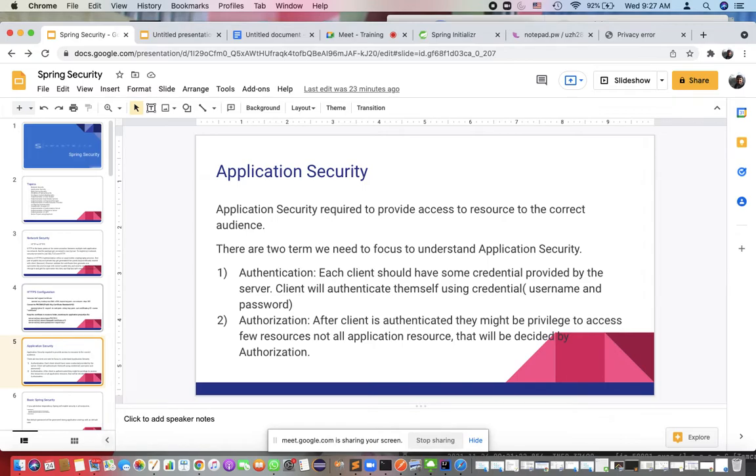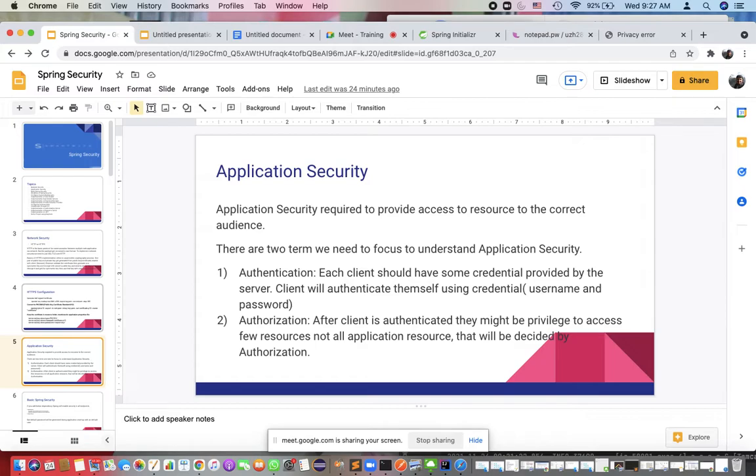But the authenticity of the client is not authenticated. So now coming to the process of how you can make your application think about that authenticity.